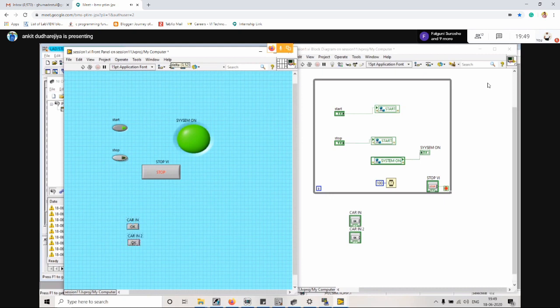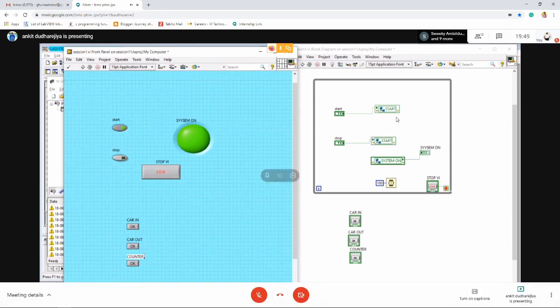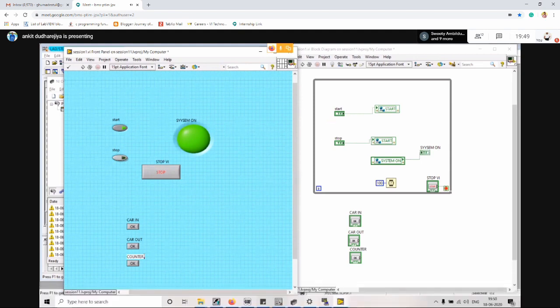Another one is car out. Then the next we have is counter reset. I am giving a simple counter reset, and we have the counter set.